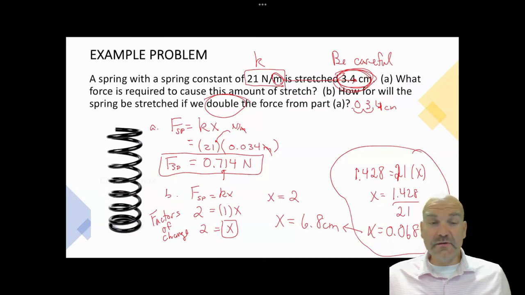So in the next video, we're going to look at tension. We're going to look at what happens when strings and cables and so forth get